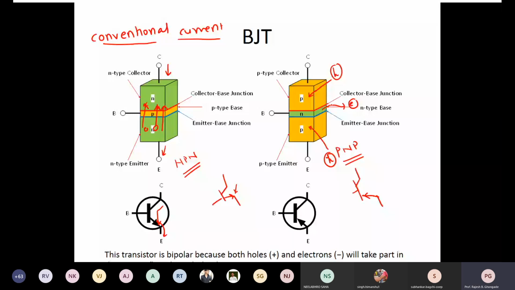The holes are going from here to here. Again, so why this direction now? The direction of the hole current is in the same direction as the conventional current. Or I will put it in this way. What is hole current, by the way? Sir, opposite flow of the electrons. Yes, it's actually the flow of electrons only, but in the opposite direction.